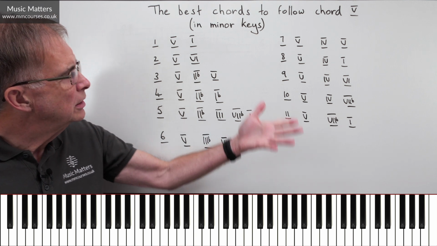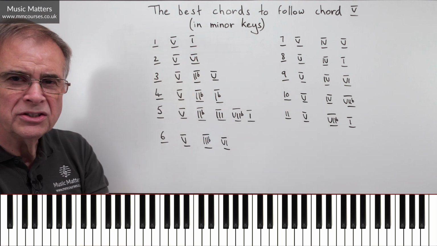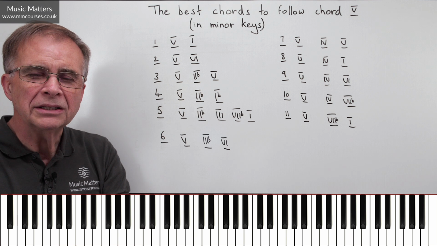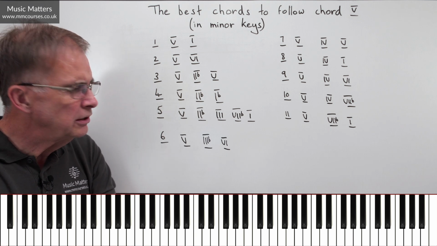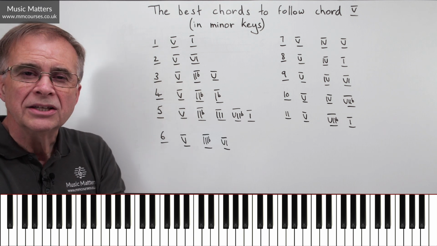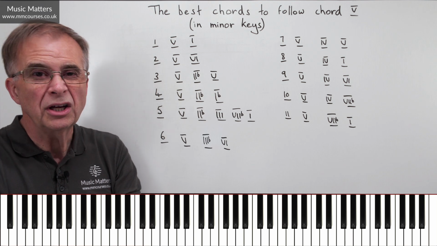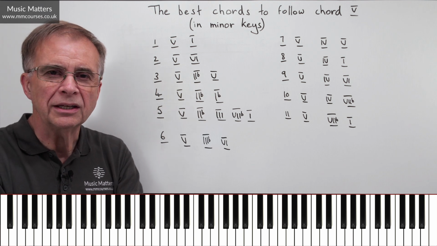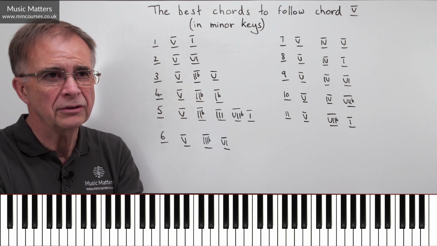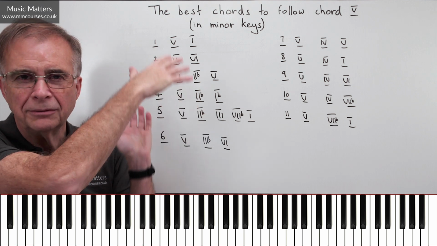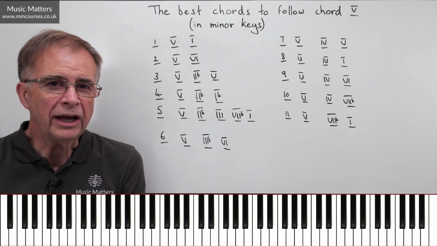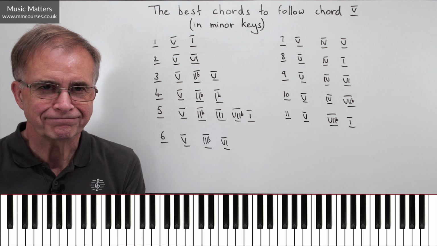So do you see, we've got lots of different possibilities for what we can do with 5. Some of those are pretty standard, pretty obvious, but I'm hoping that I've maybe suggested one or two that you thought, oh, never done that before. Let's have a play with that and see if it works. So that when you do use chord 5, you don't always do something predictable with it. Or when you look back through something you've written, do you think, every time I've used 5, I've followed it by 1 or I've followed it by 6. So other possibilities to consider. So have fun working with chord 5 in some new ways, hopefully.